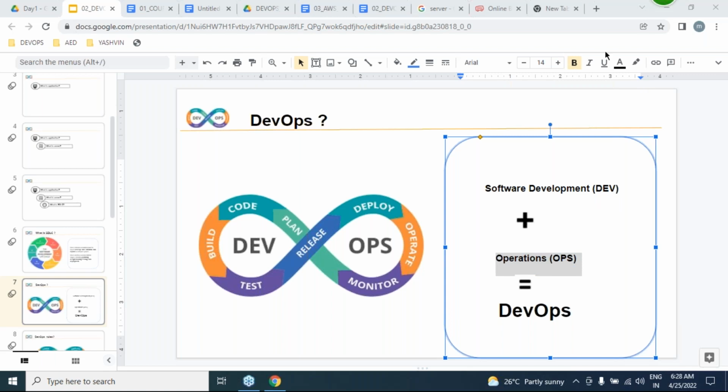The software development and operations together we call DevOps. So our roles and responsibilities as a DevOps engineer start from the dev environment and end with operations.